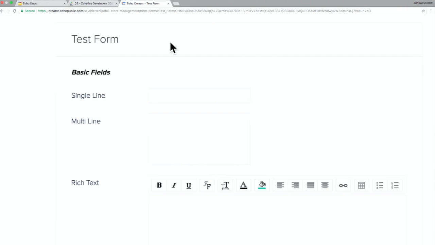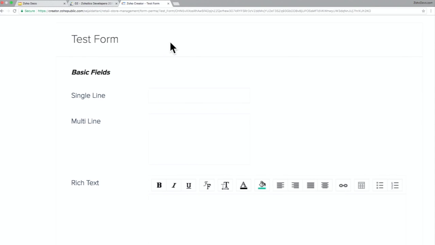First, we have the basic fields. Here we know the single line field, which is now going to be for name collection, it's going to be first name and last name in C5. Usually, we use single line field when we want short answers. Multi-line fields are usually used when you want a long description. For example, you can use it when you want to ask somebody, tell me about yourself, or when you have descriptions to be entered.